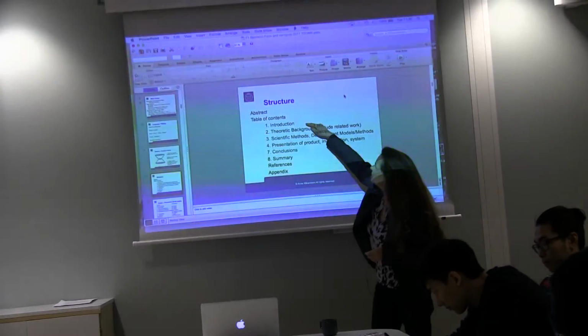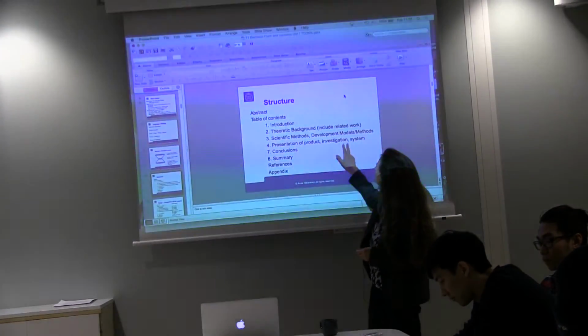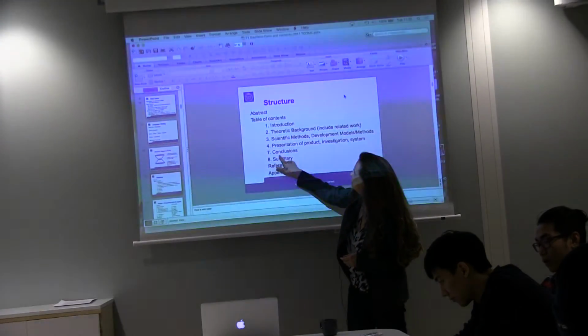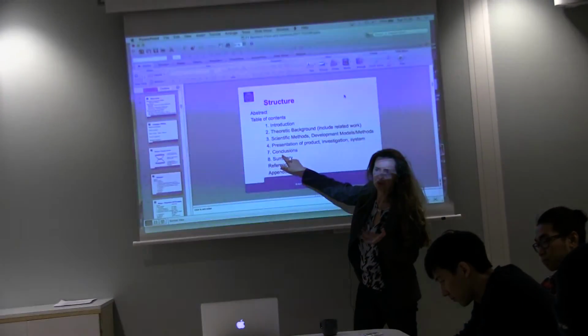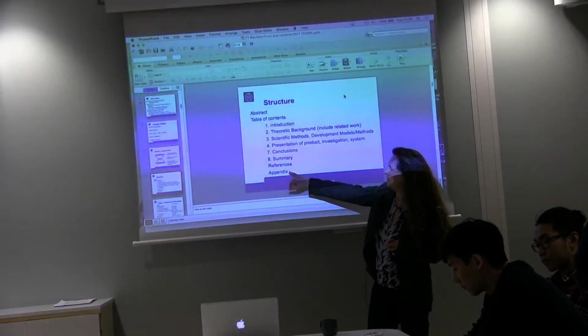Anyway, the structure is that these parts are the first, the introduction part, then it comes in more detail, and then comes what the results are. The references and appendix are